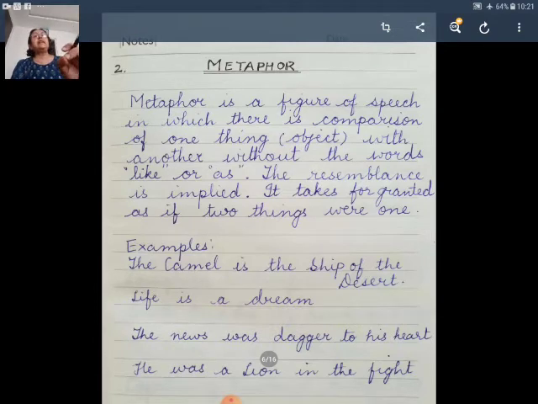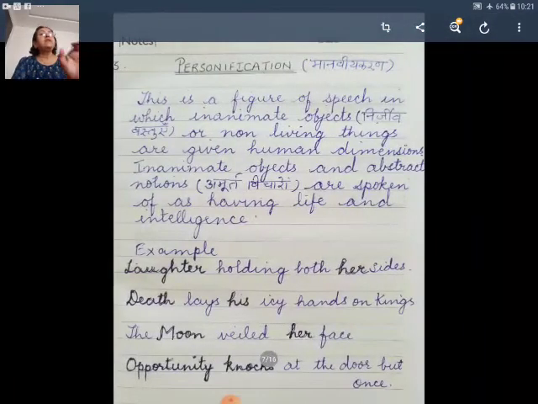It takes for granted that camel is the ship of the desert. Next, third one is personification. Personification को हिंदी में हम मानवीयकरण भी कहते हैं. Just for example, any inanimate thing or a non-living thing, कोई भी निर्जीव वस्तु, उसको हम मानव की तरह देखने लग जाते हैं, उसको हम मानव की क्वालिटीज़ दे देते हैं,